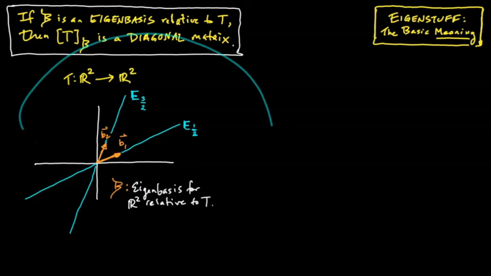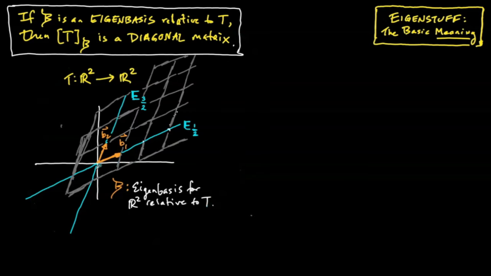But we can still understand it in terms of its components that do lie in those eigenspaces. Since it's easier to see what's going on in R2, let me spell this out in a little more detail on this example. Here's part of the grid determined by our eigenbasis. Now let's consider a vector in R2. It does not lie in an eigenspace, so it doesn't simply get scaled by T, but what exactly does T do to it?